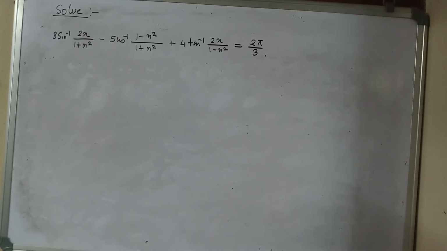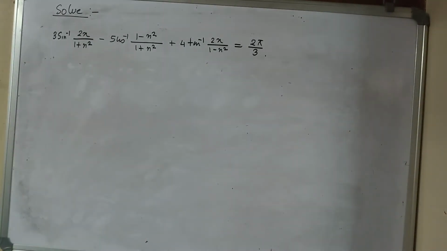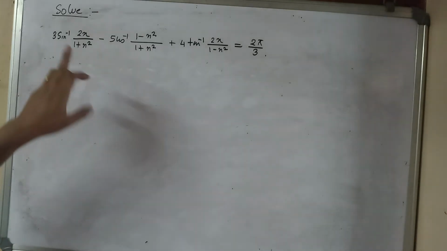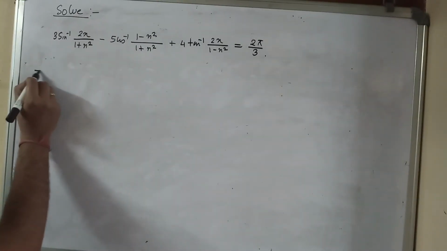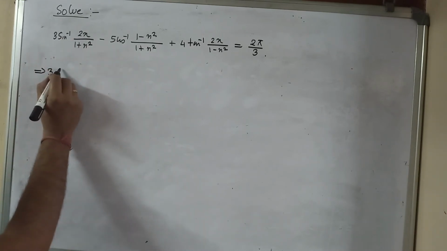Now the next question looks very complicated. It looks like a complicated question, but this one is very easy. Okay, now say we're not going to use the formula sin inverse x, cos inverse x, whatever. Direct formula. Now say we know about these things. The 2 tan inverse x we can convert in terms of sin inverse, in terms of cos inverse, and in terms of tan inverse. Now this whole quantity 3 sin inverse 2x over 1 plus x square is the direct formula